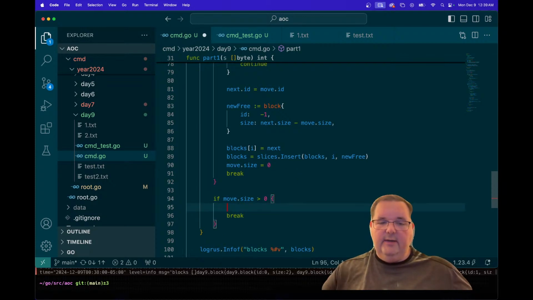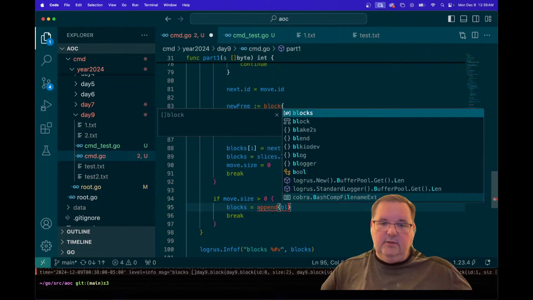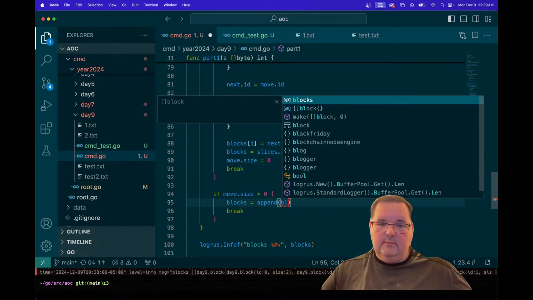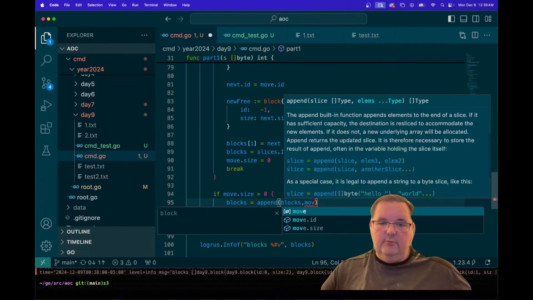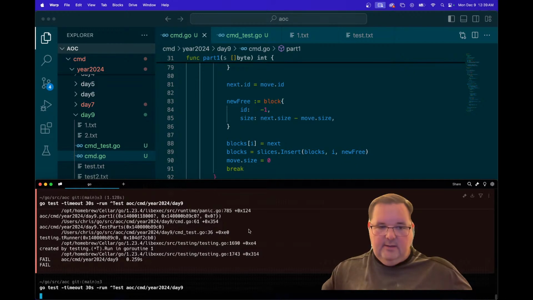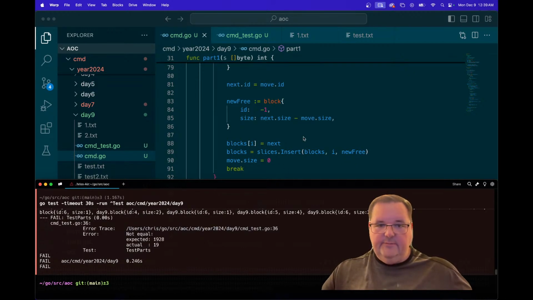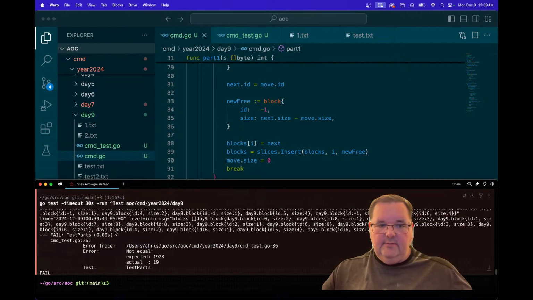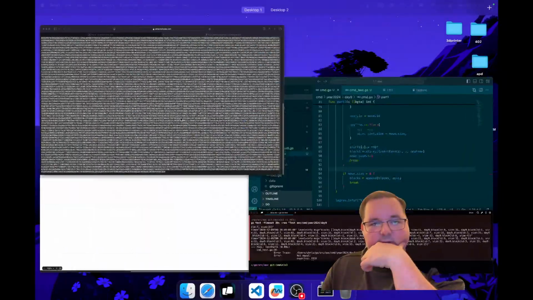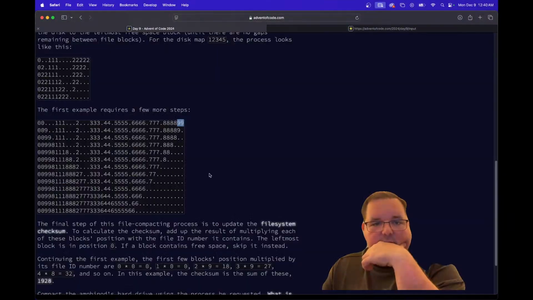But before I break, I need to set blocks equal to append blocks sub move. So the thing that I'm moving, I'm just going to put back on the end, and then that should be it. So then that should give me something. If we look at our test input, if we go back here,